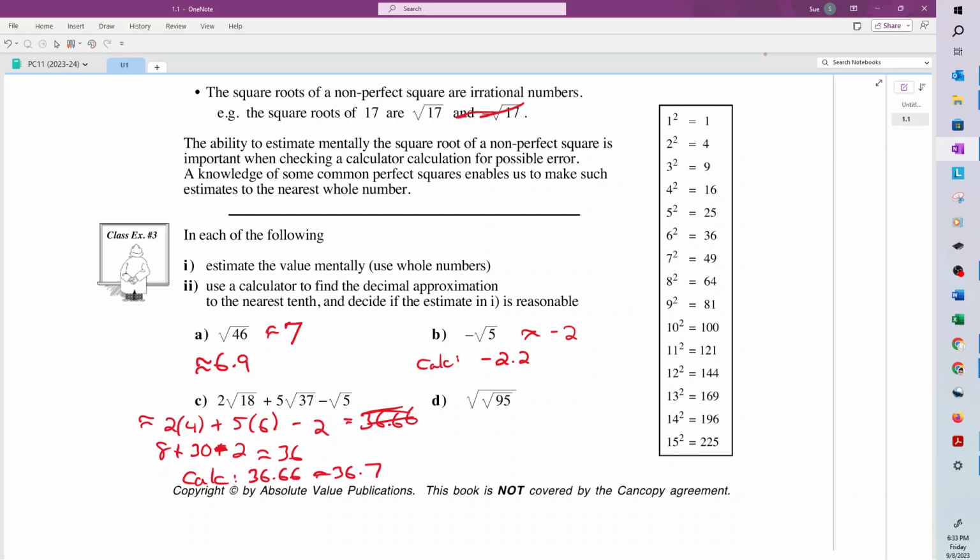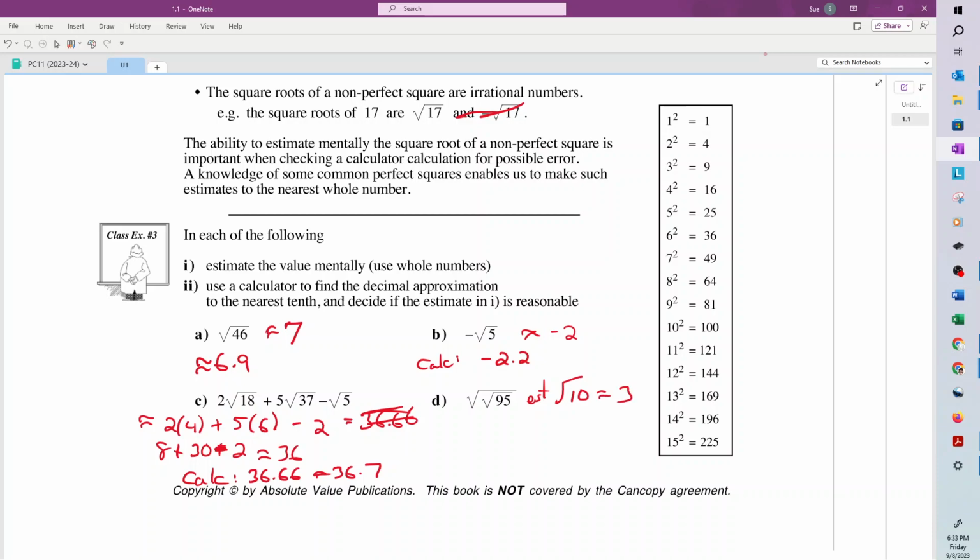So that's reasonable, right? I wouldn't do calculations like this by estimating them unless it's just to check, is my answer reasonable? And yes, it is. Okay, so this one is the square root of the square root of 95. Since the square root of 95 would be in here, I'm going to estimate that as 10 because it's closer to 10. So my estimate is that it's going to be the square root of 10, since the square root of 95 is about 10. And the square root of 10, if I come up here, is about 3,